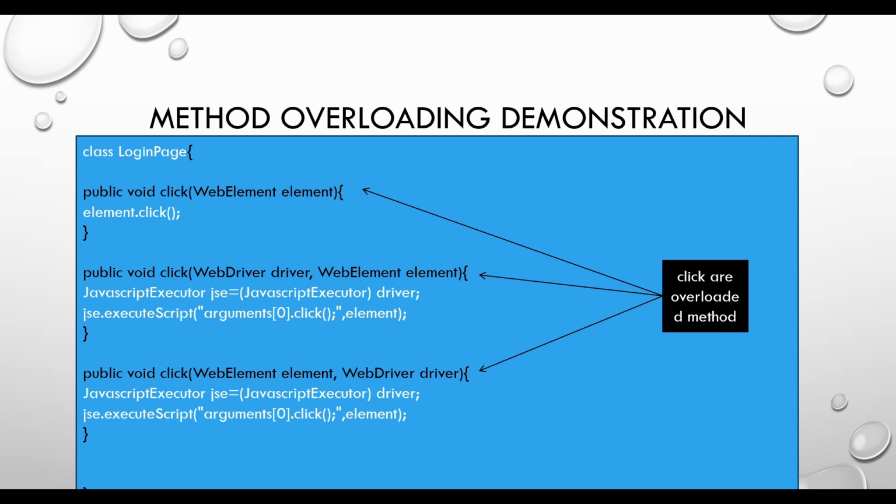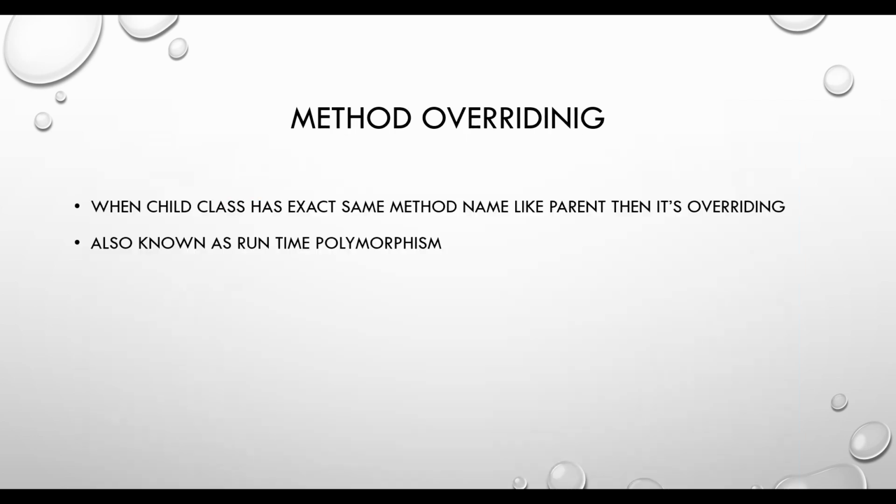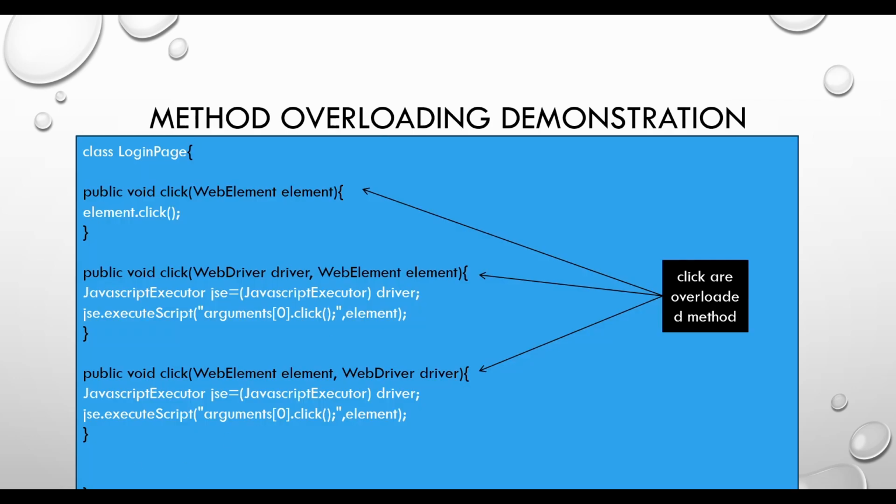Now, for example, we have one login page on the web application. Corresponding to that, we have created one login page class. In this login page, I have created one click method where I can perform click, right? So this is one click method, and you see that here I'm passing a single argument, that is web element,